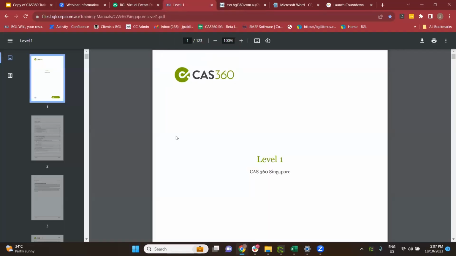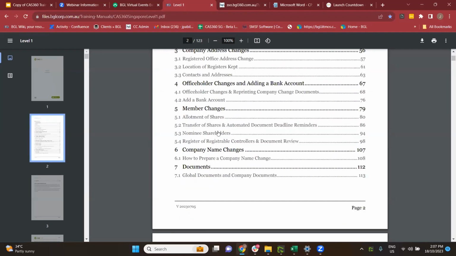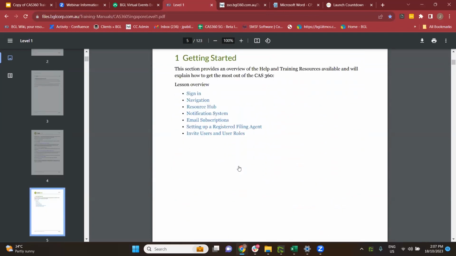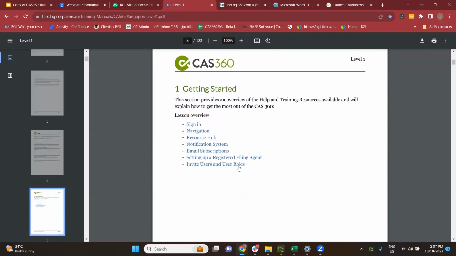So this is the soft copy manual of today's training. You can find it in the chat box as well, and we're going to go through this along the way and also mention which page we are referring to. So the first lesson that we're going to go through will be on your page 5, lesson number 1, getting started in CAS 360. In this chapter, we're going to learn the basics of how do we get started with the software,